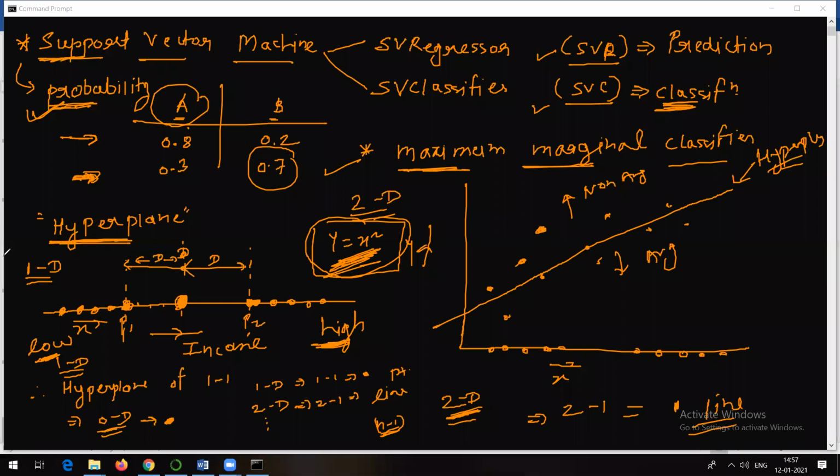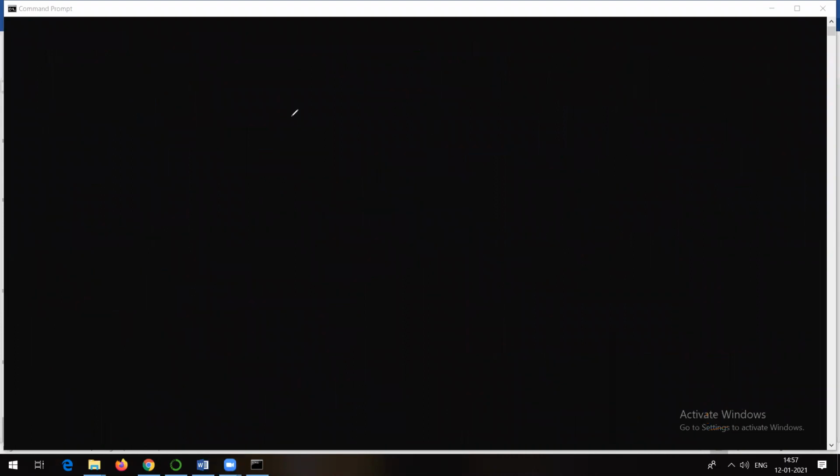Okay, so we have taken the example of one-dimensional data. We have seen two-dimensional data. Whether it's one-dimensional or two-dimensional, there will be a hyperplane which is going to be introduced. And when it is introduced, it is going to make use of some methods or functions. Let me show you an example of a higher dimensional relationship, or let me take an example of three-dimensional data.